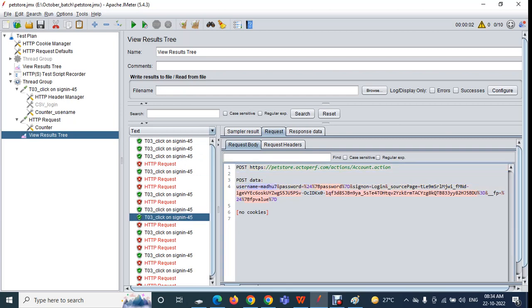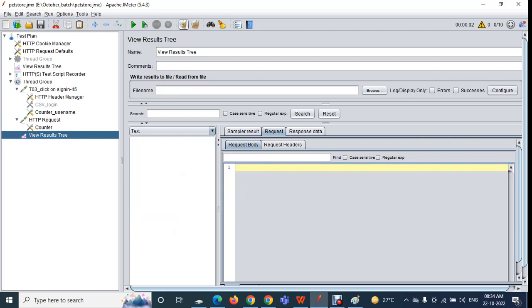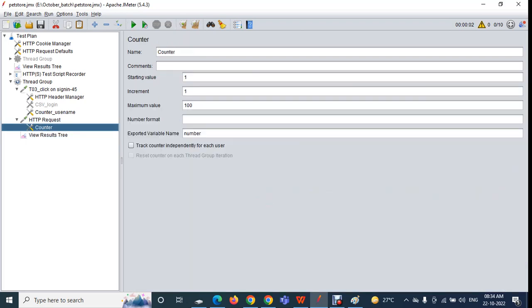What you can do, if you want to generate the number, you can use the counter and generate it. Or if the counter should be in a format like a combination of characters and number, then you can generate it like this. You can mention the number format here, and by default the counter will generate the